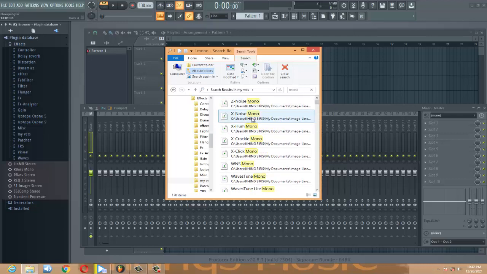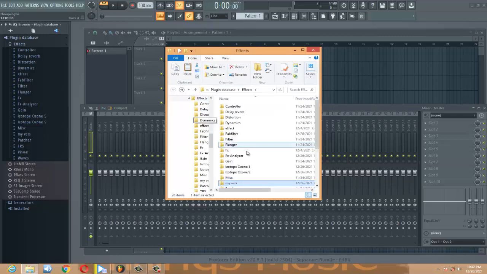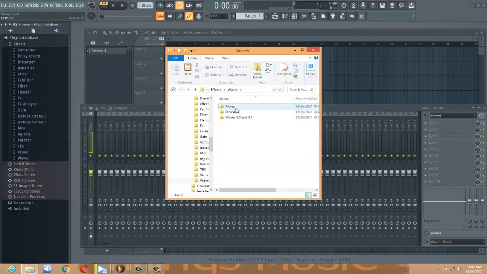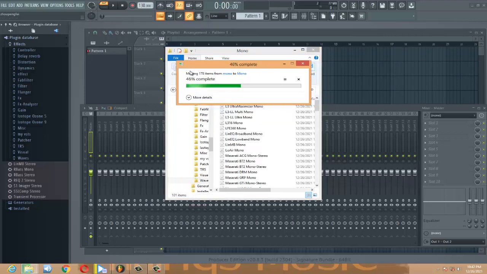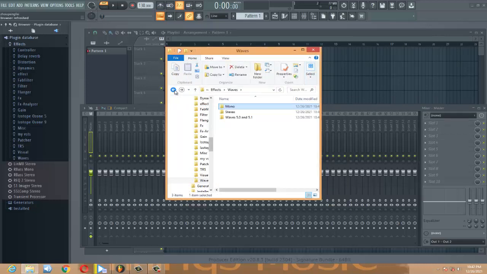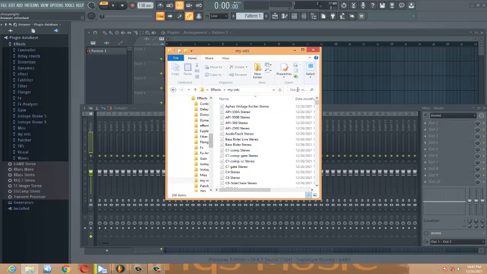So I'll just copy everything, Control A, here, then I'll cut everything. All these are mono, right? So I'll cut, Control X, then I cut everything, then move back to my Waves plugin, then go to mono, then paste everything like this. Nice one. So far, the mono have been pasted, I'll just move back to my VSTs again, then